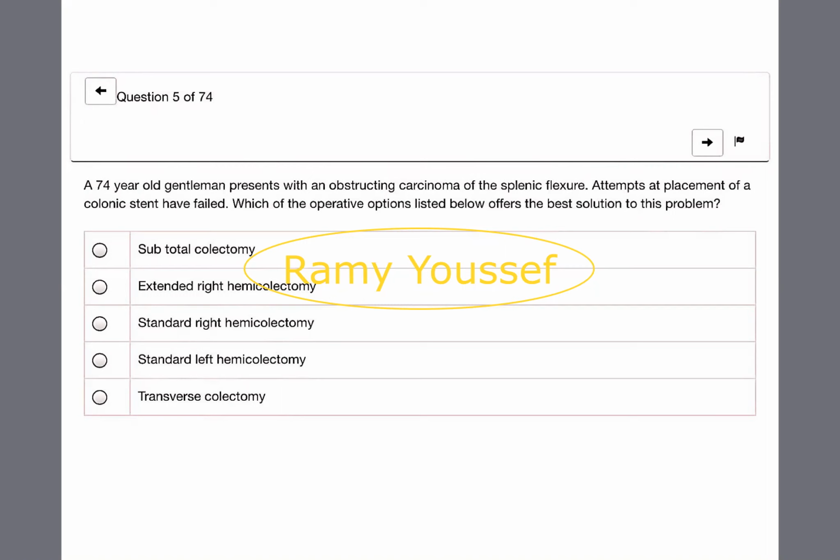Okay, with obstruction, the ileocecal valve just protects against backflow of air or any distension at the ileocecal valve. When you are going to do a right hemicolectomy or extended right hemicolectomy, you will remove at least 10 centimeters from the ileum, so it is easy to do ileocolic anastomosis or ileoanal anastomosis. Yes,